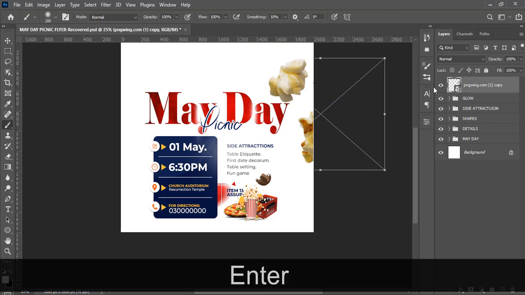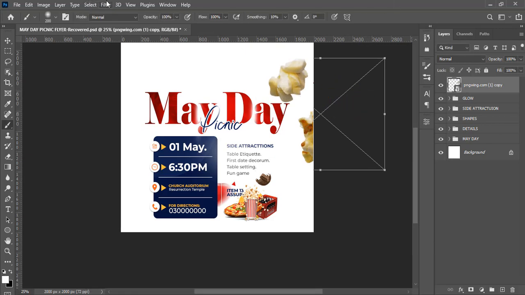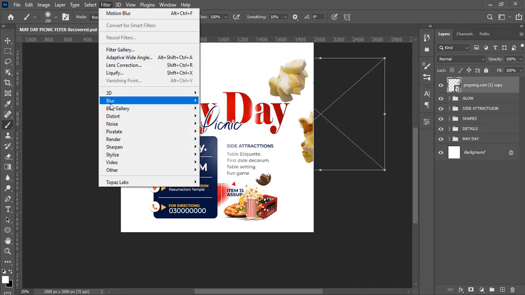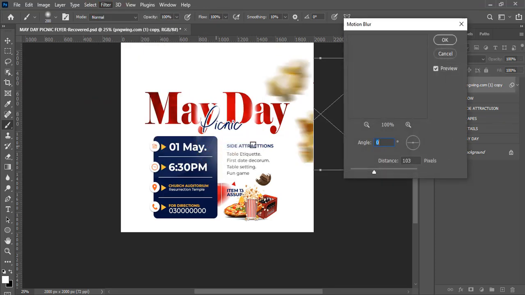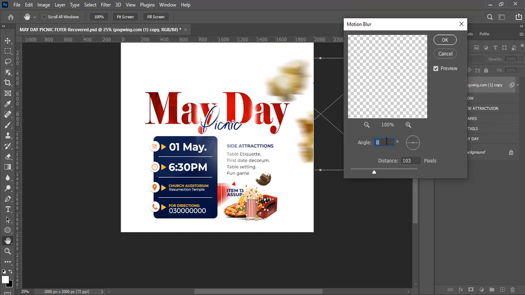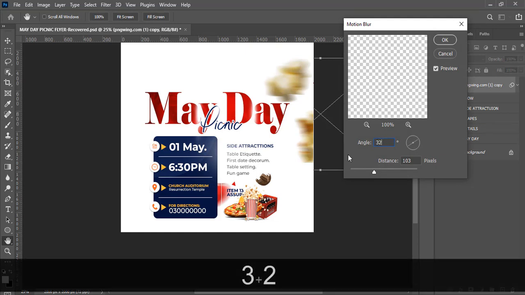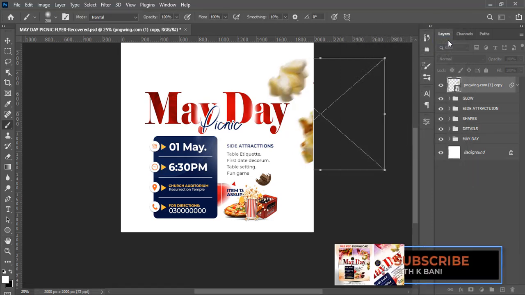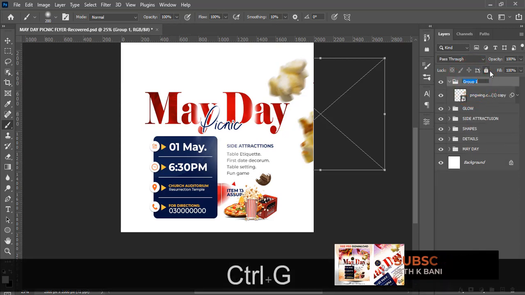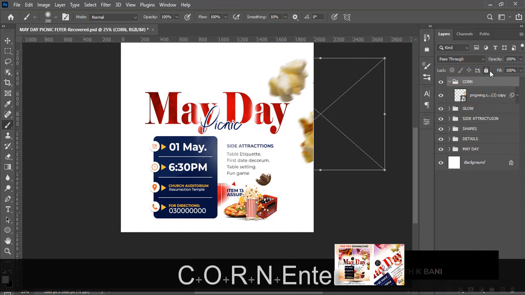I think this side is quite good. And then let's go to filter, let's go to blur, let's go to motion blur, and then over here let's set the angle to 32, and then let's set the distance to 38, and then let's click on OK. You want to put it in a group and then call it corn,